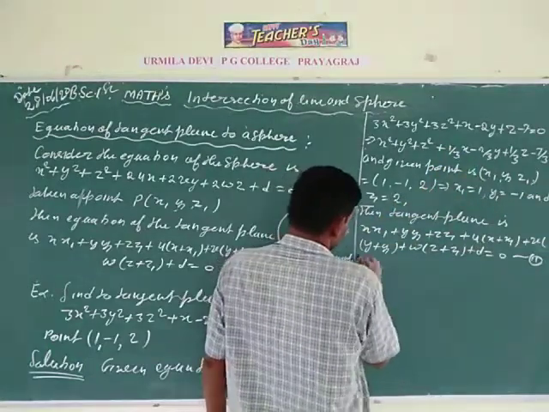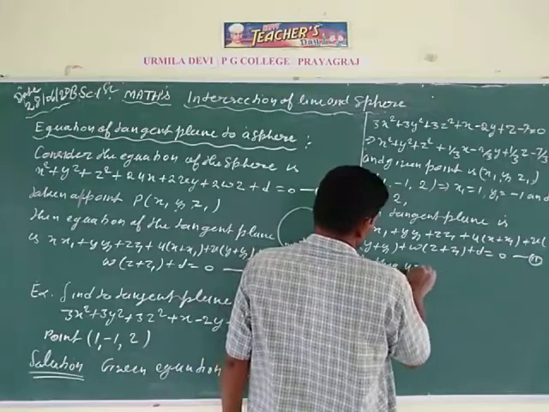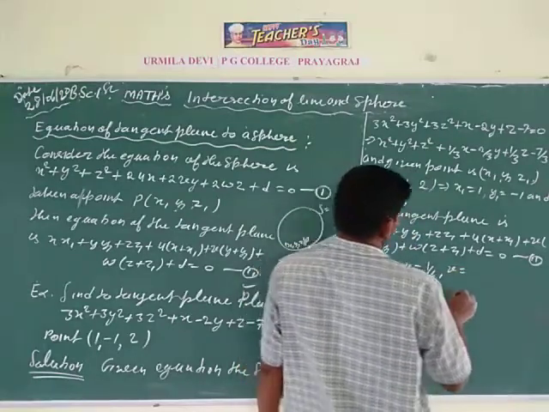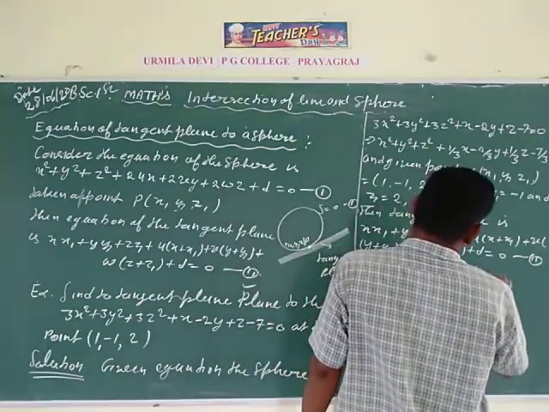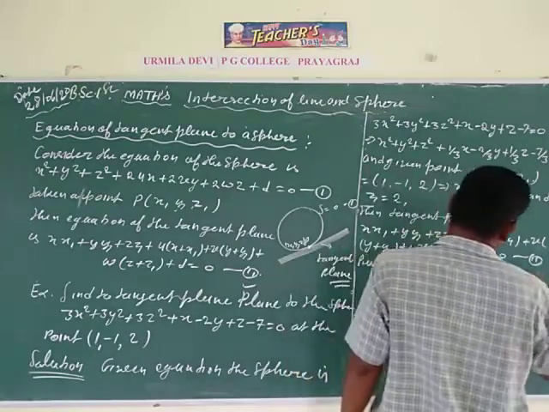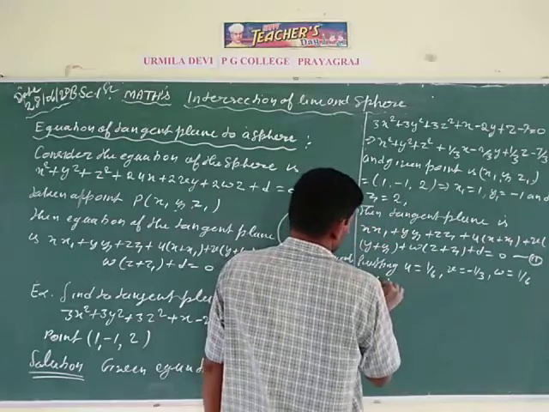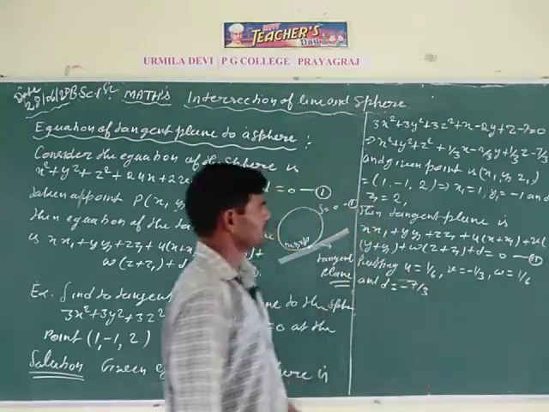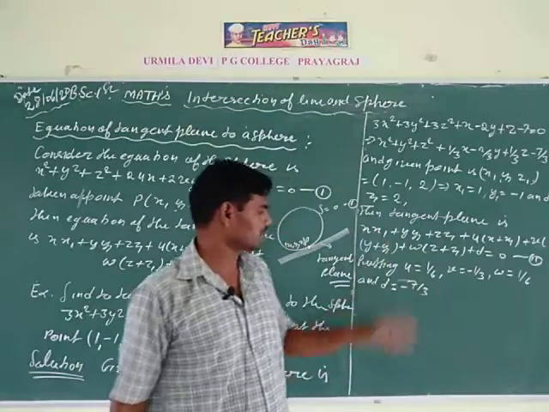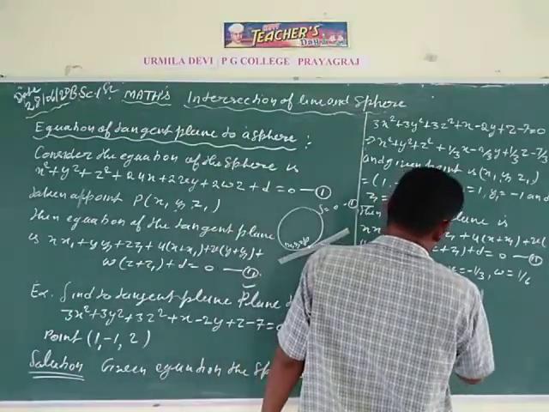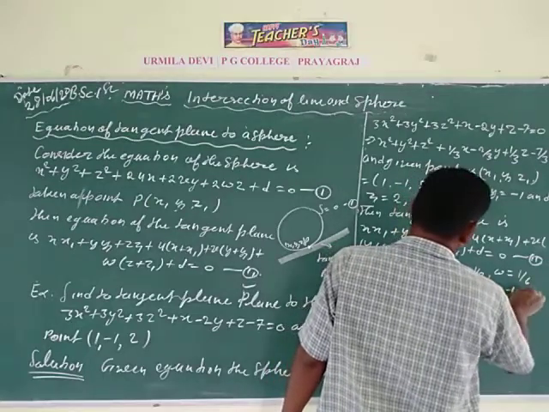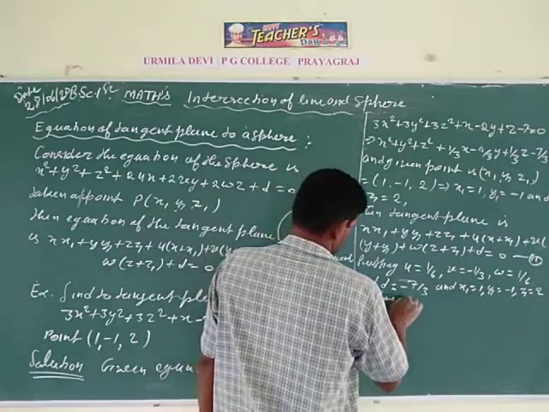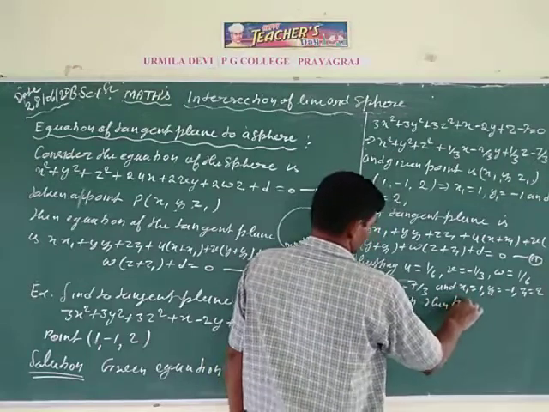So putting u is equal to half the coefficient of x, 1 by 6, v is equal to half the coefficient of y, minus 1 by 3, and w is equal to half the coefficient of z, 1 by 6, and d is equal to the constant, minus 7 by 3, and x1 is equal to 1, y1 is equal to minus 1 and z1 is equal to 2, in the above equation,